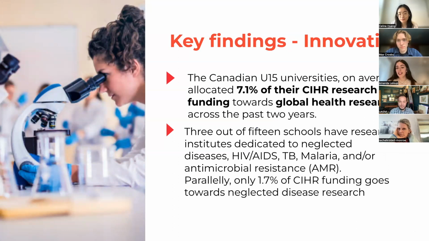In the innovation section, we found that Canadian U15 universities, on average, allocated 7.1% of their CIHR research funding towards global health research across the past 2 years. As a reminder, the CIHR is the Canadian Institutes of Health Research, so it's a government-funded institute that allocates research funding to the U15 universities. Global health research is essential to address health systems, health inequities, and health policy